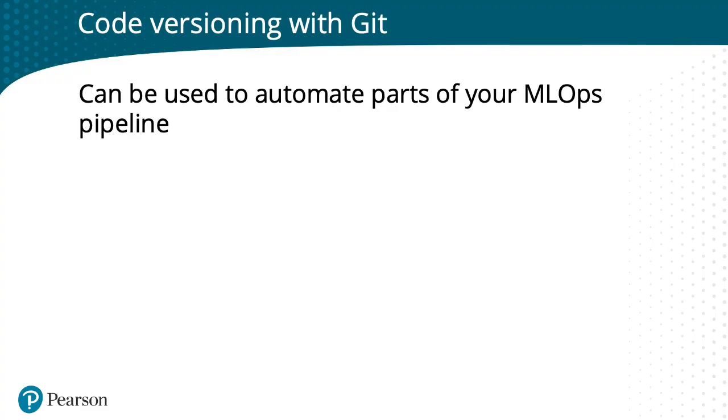Something else that Git offers, usually in conjunction with something like GitHub or GitLab, is that you can automate parts of your MLOps pipeline. So maybe there's some type of formatting or code linting that you want to enforce on every experiment. You can do that with Git and GitHub. So you might create something called a GitHub action that runs every time a pull request is merged to a specific branch. So this is one of the ways that you can help keep your code consistent across team members,